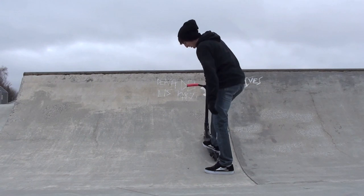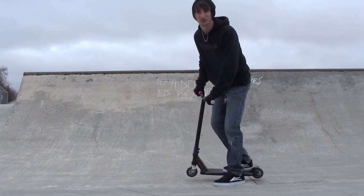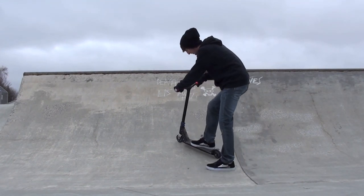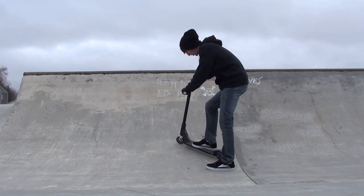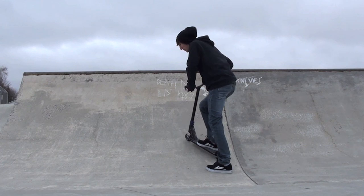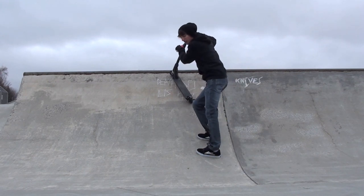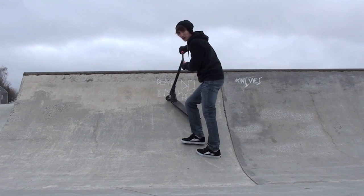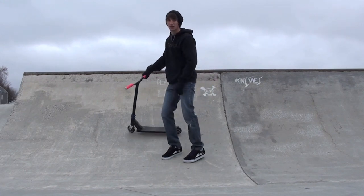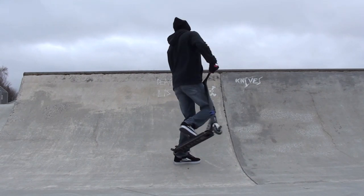After you get it dialed, you're going to want to go straight up, then straight down to get the full rotation. But when you first start, you're probably going to carve a lot, so I would suggest carving at about a 45-degree angle, or maybe a bit more or less, depending on what you feel comfortable with. So you're going to come up to the corner with a good amount of speed, carve into it, and then just like when you air out, you're going to use your speed and momentum to air you out. You're going to pop off and look directly over your shoulder, and then